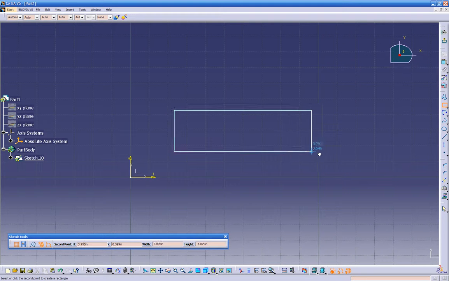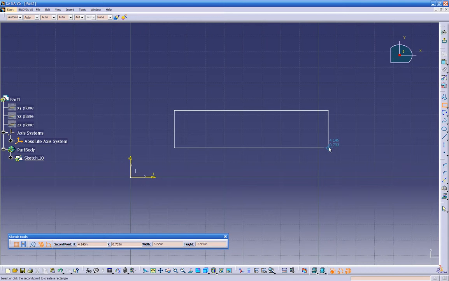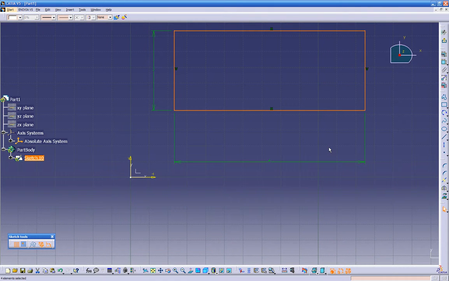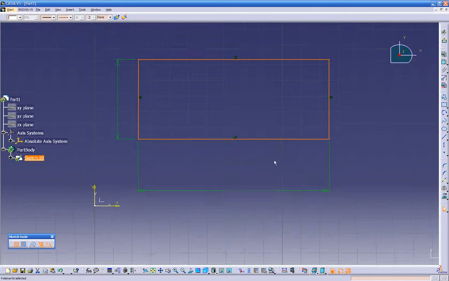And this time, before I click, I want you to hit the tab key so we can come in here and put a width and height ourselves. So let's click, let's go 4 inches over here, and let's create this 2 inches, then click enter, and watch what happens. Automatically we got a fully dimensioned rectangle,